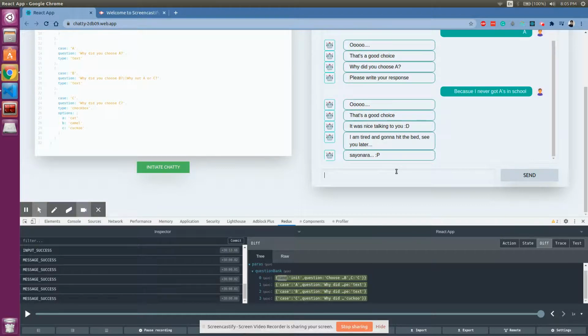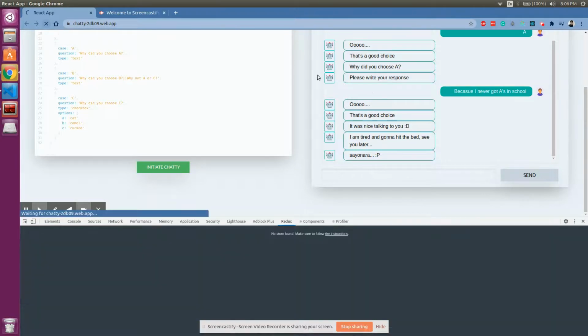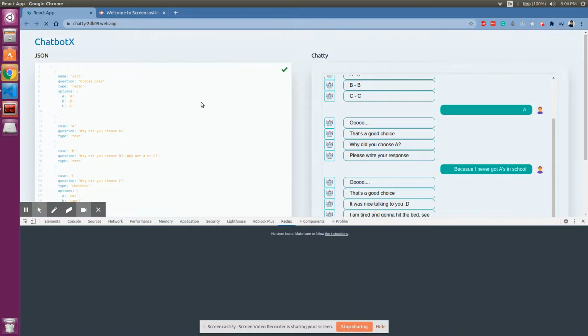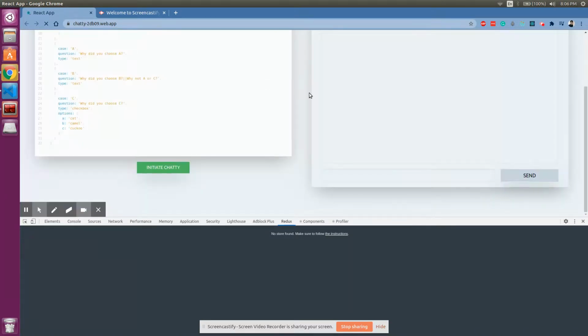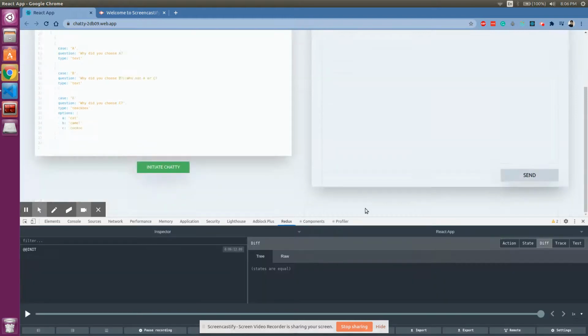Okay, looks like this is the limit. So to terminate this conversation, I have these pretty catchy messages where it says goodbye to you. And let's say if I were to pick another response like B instead of A, let me show you this. I should have put a button to clear the Redux state,